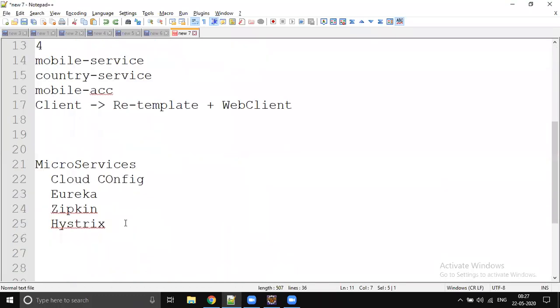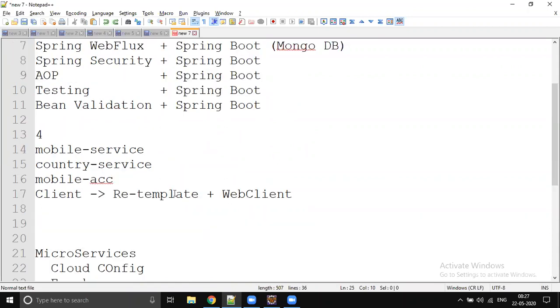Then we will be jumping into the microservices concepts, like when you really deploy it, right? Till this time, you used some hard-coded URL from the client to call it, but that is not the real model. So you call the mobile service from the client by using Eureka service discovery. And there are some properties you're going to load by using Cloud Config.